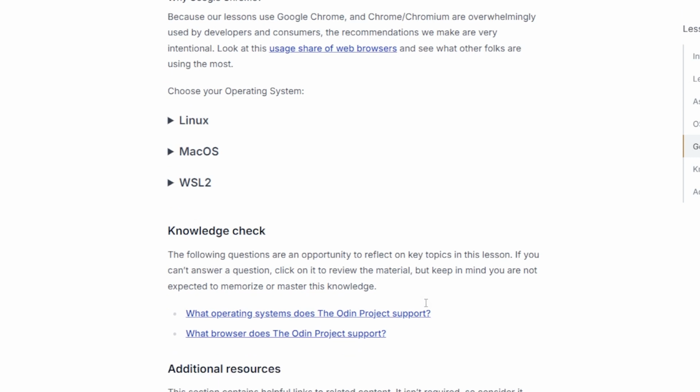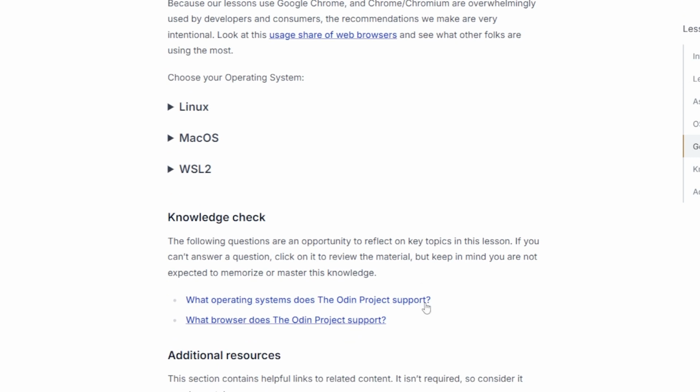Additional resources. This section contains helpful links to related content. It isn't required